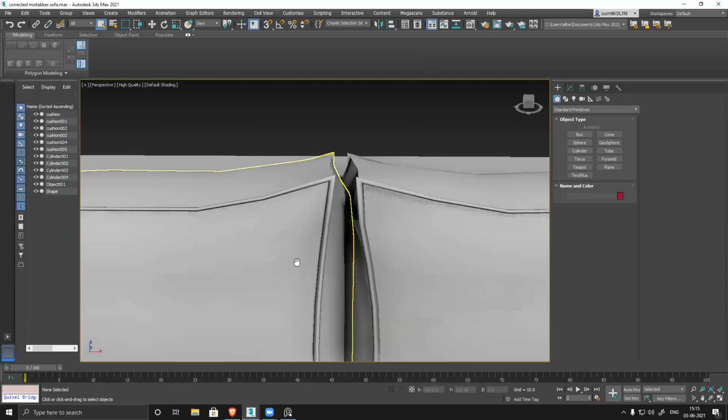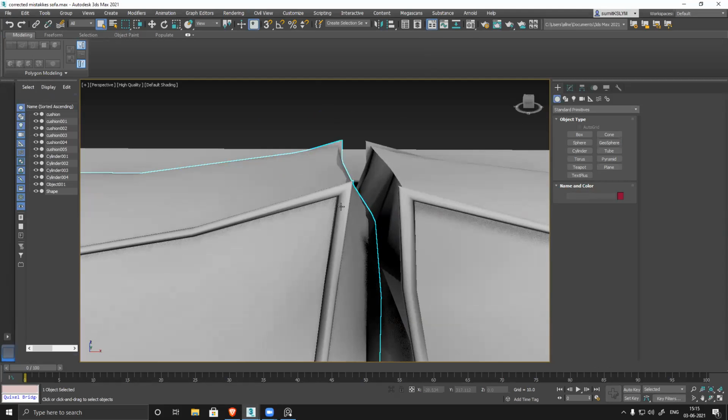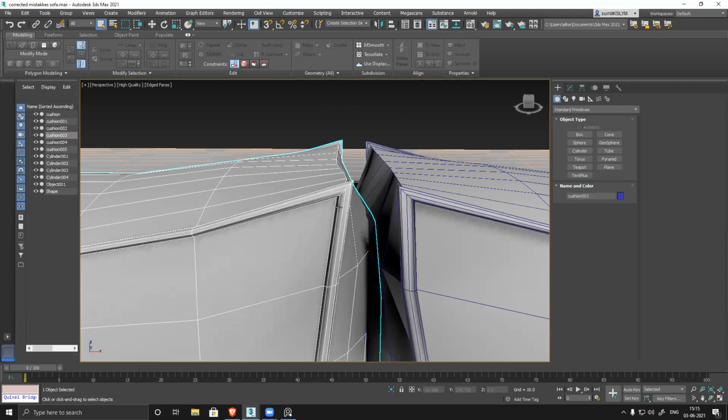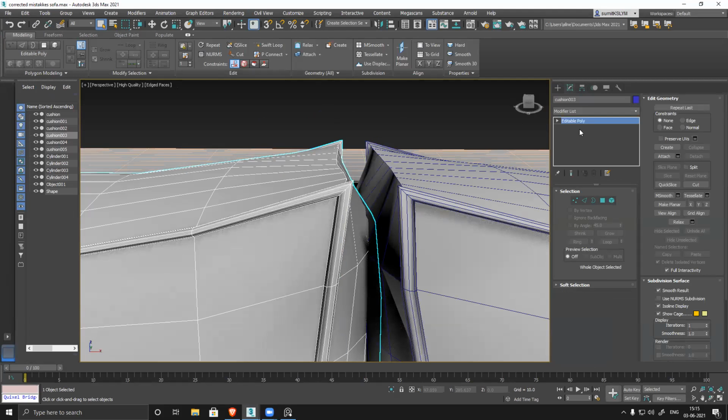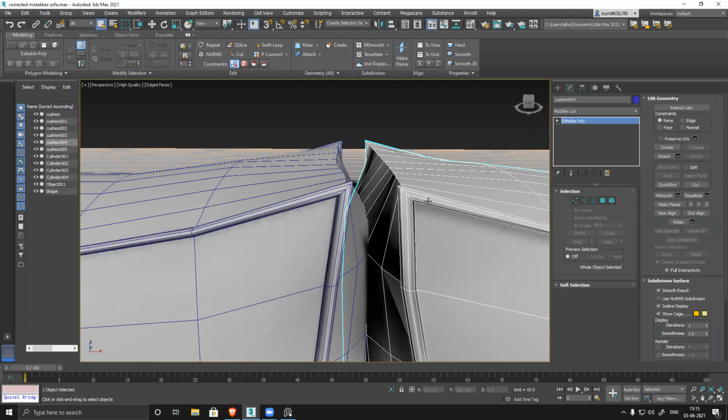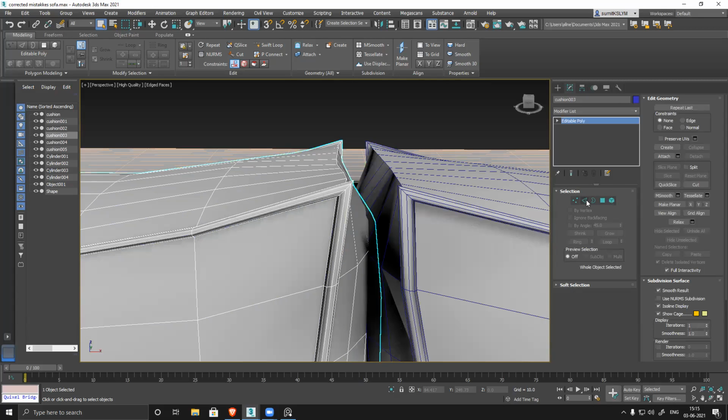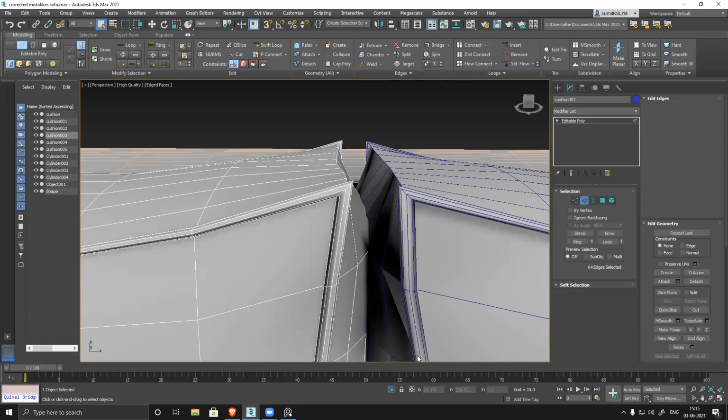So you're saying it's getting this really sharp edge, right? Yes. There are two ways to fix it. You have converted this into polygons, so there is no going back, because there is no history. So how to fix it? Select this edge mode. Let me isolate this.